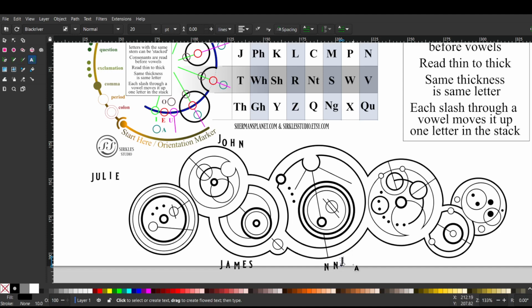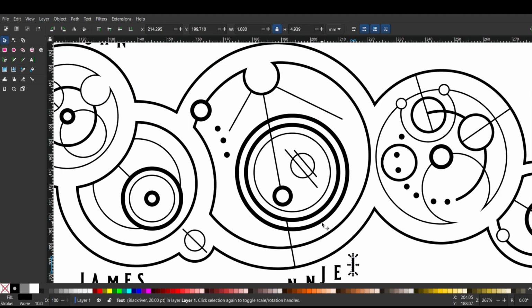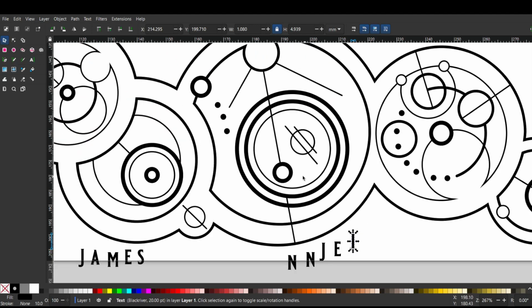And then we have an E here, because it doesn't have any lines on it. So an E has no lines on it. Those are slashes like that one. So that will move the vowels just like that one. And then we have this I, like that. Okay, so we have the 2 N's, the double N, and then the J, and then the E,